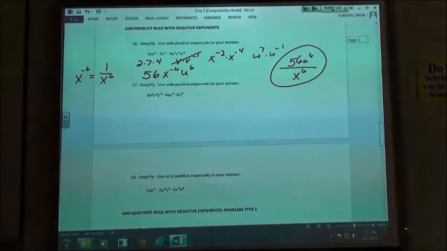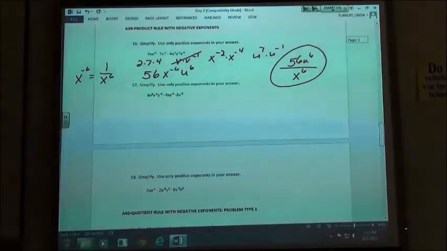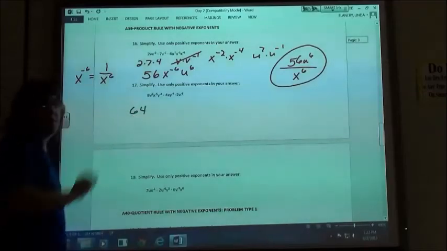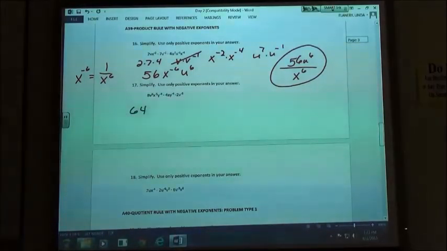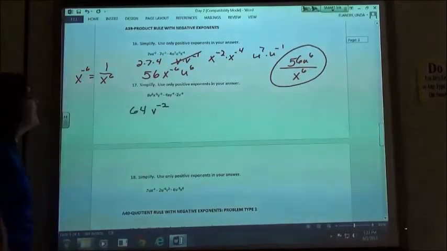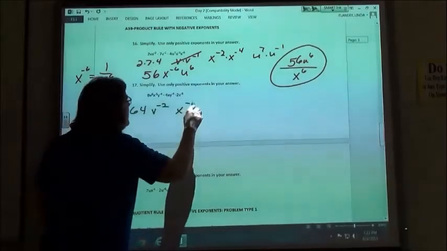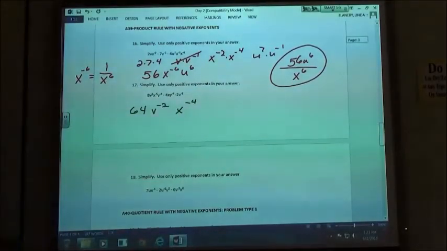So number 17, if I multiply 8 times 4 times 2, 64. 64, good, that's what I'm getting. I thought I was confused for a minute. So 8 times 4 times 2 is 64. I get v to the negative 2, because I have a 6 and a negative 8. I get x to the negative 4. And I get y to the